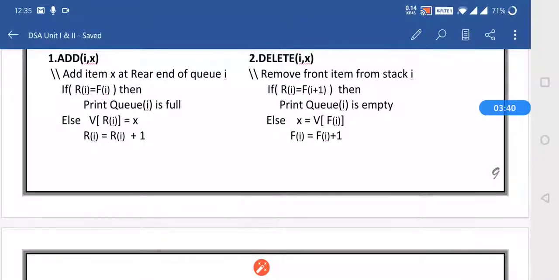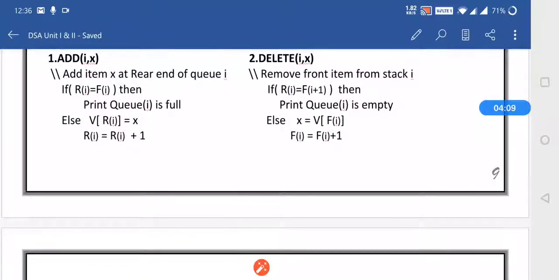Whenever we are inserting any element in the queue from the rear end, first we check the front and rear. If the value of front and rear is equal, then definitely our queue is full, because this happens only when the front and rear are at the same position, which means your queue is full and there is no space for inserting the data.